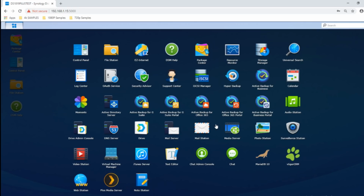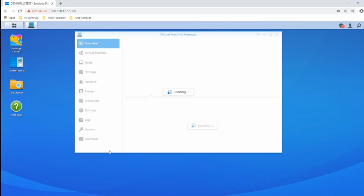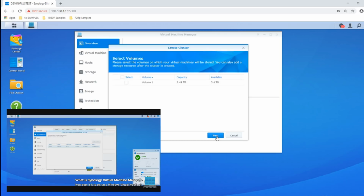Now on this NAS, the following applications will run, but they won't run as well as they might on a more powerful NAS, so you should bear that in mind. That's why this has moved into the enterprise bracket. The first one is Virtual Machine Manager. Now say you've got some old PCs knocking around in your office, really out of date computers, ones that are just no good for actual day-to-day use. What you can do is create a virtual machine. That is a virtual computer that lives on the NAS, and then you can use those crummy old computers to